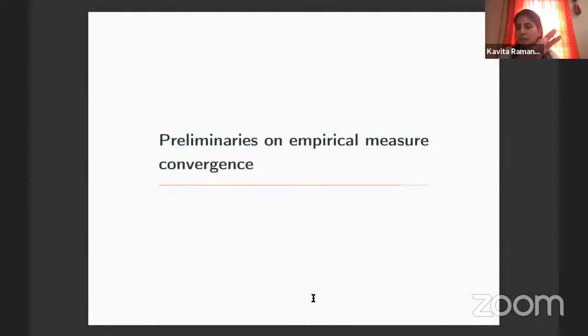I will tell you a little bit about the proof of this next time by writing it, and then we will move to the empirical measure convergence, for which I will also tell you a little bit about propagation of chaos. If you have time, I will put some notes on propagation of chaos and a small proof. And if you want, you can read them before you come tomorrow to make it easier to follow.